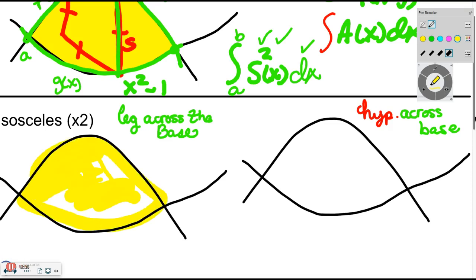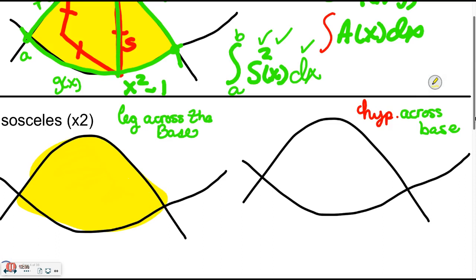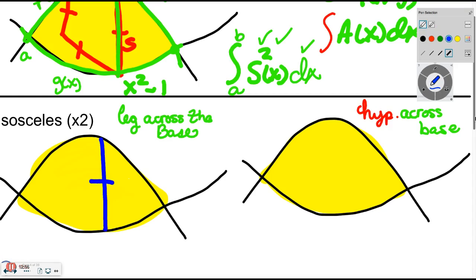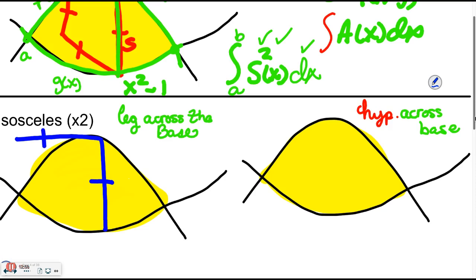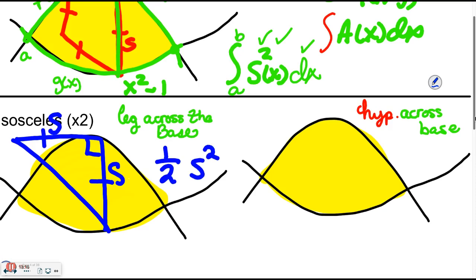And again, this is the base of the solid, and we're going to be building up off of it with different geometric faces. In this one right here, we're going to do isosceles right triangles with a leg across the base. Remember, for isosceles, the 2 legs are equal. So it'll look like these things basically popping out. But remember, this is a side length, top minus bottom, and so is this. And for the area of a triangle, we do 1/2 of the base times the height. So it's really just half of a square